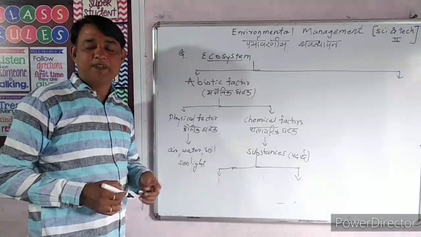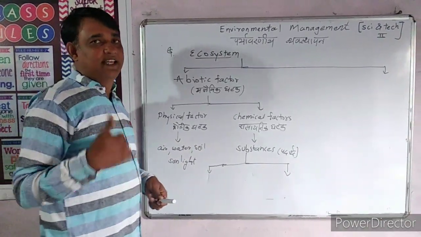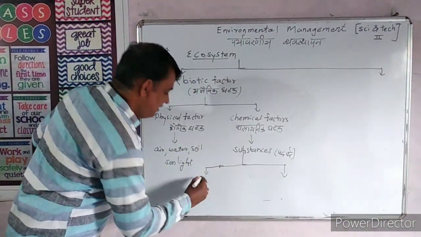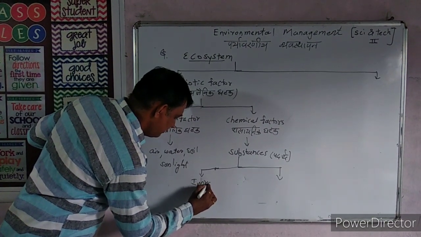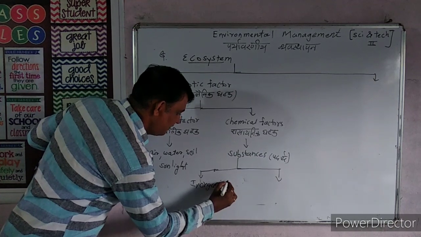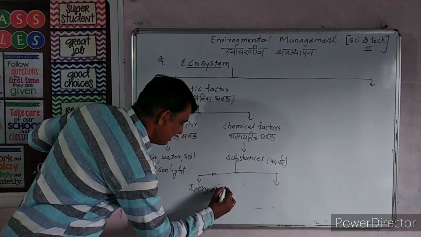Chemical substances. There are two types: inorganic and organic. Inorganic means